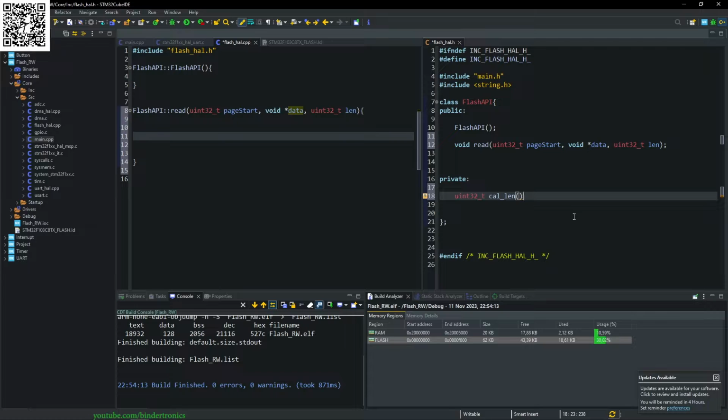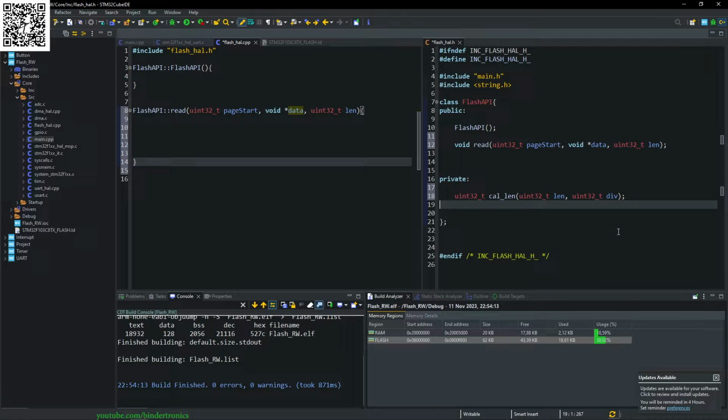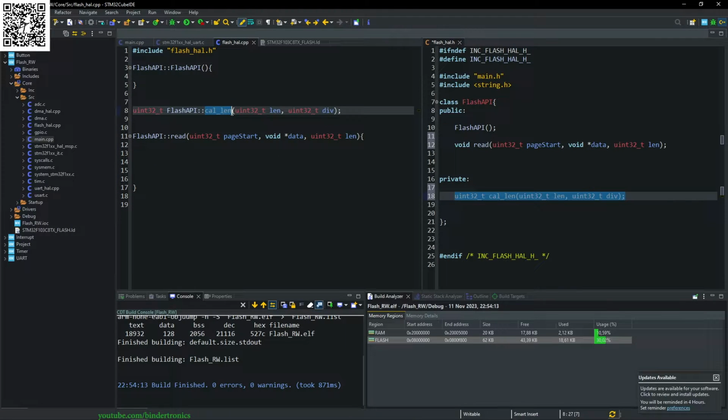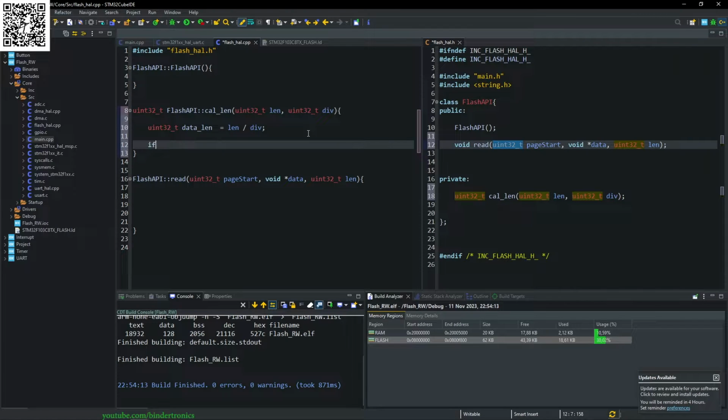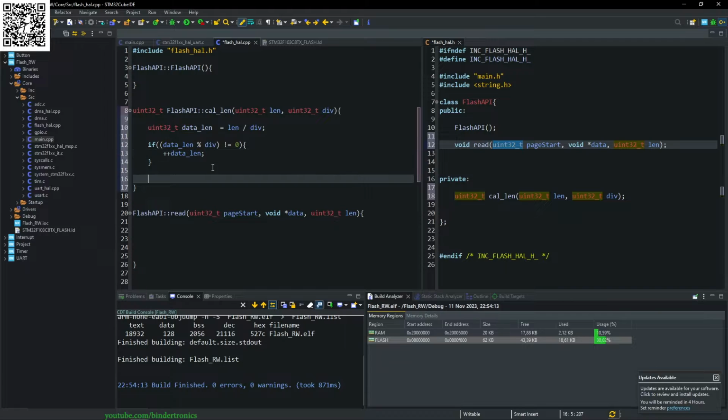So this calculates the length for us, and that's going to take in a uint32 as the length of our data, and another uint32 for a divisor. Okay, now this is going to be a private function as well, as you can see here, and we copy it over again, set it at the top, give it its name, and we can implement this. And this is a fairly simple procedure. It's going to be a uint32, and we say data_len is equal to len divided by the divisor, and then we say if the data_len modulus our divisor is not equal to 0, then we increment the data_len,